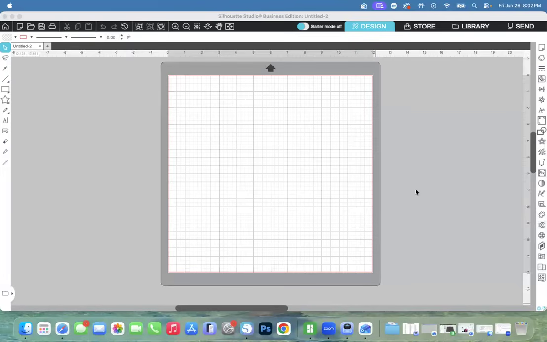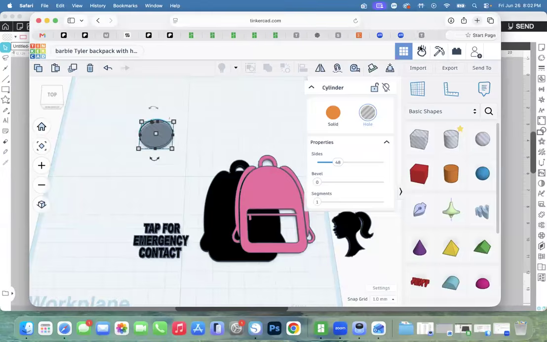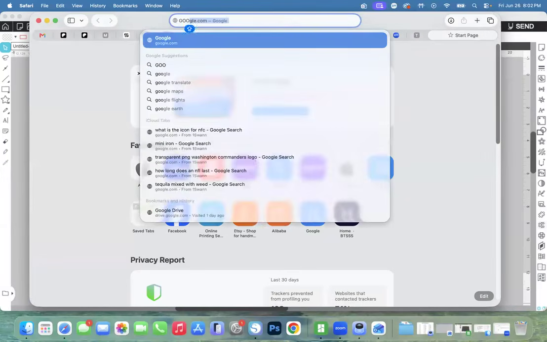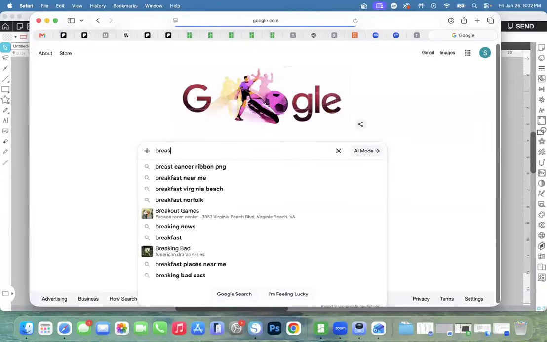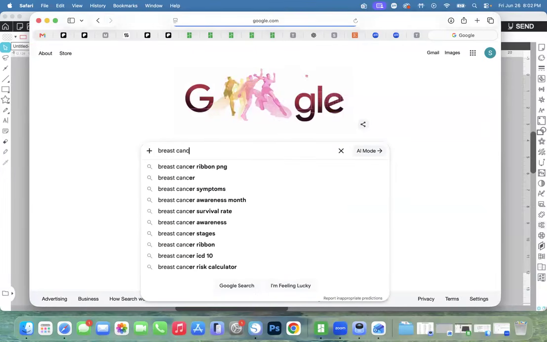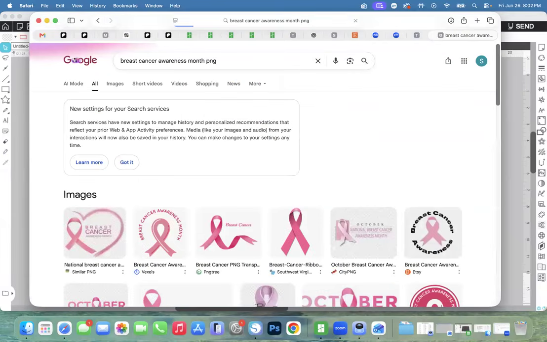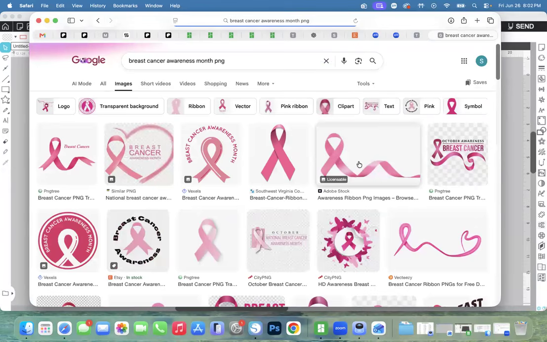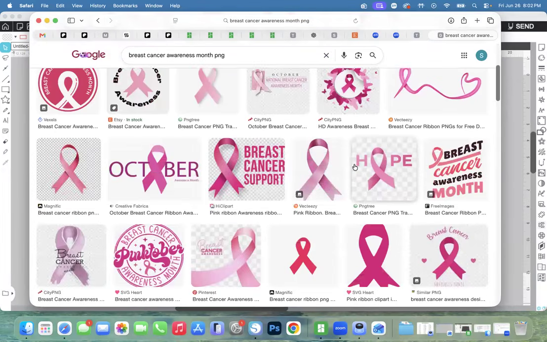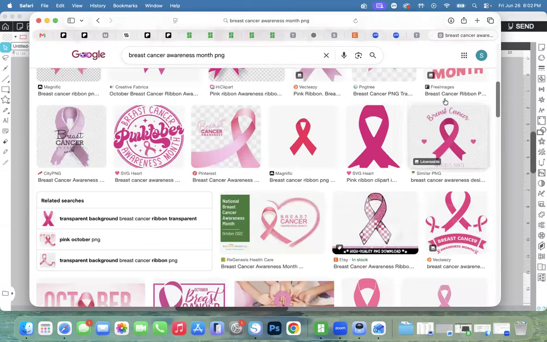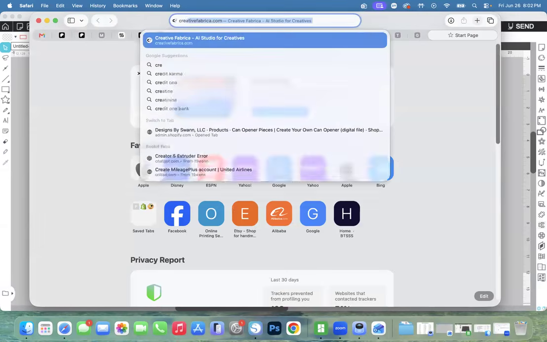All right, we're back and we're ready to do our can opener. So like I said, I want to do something breast cancer awareness. So let's go over to our friendly Google. Let's go with breast cancer awareness month. Let's look for a PNG. See what we can find over here. Again, I go here first whenever I'm looking for something. And then if I don't see anything,